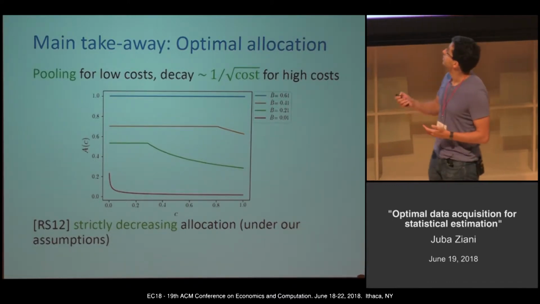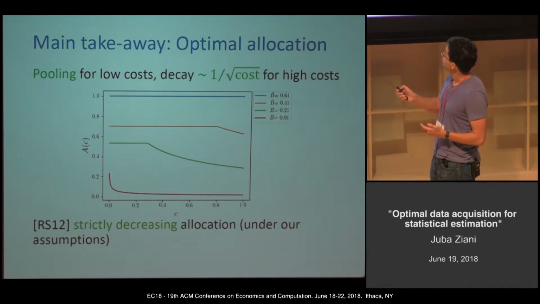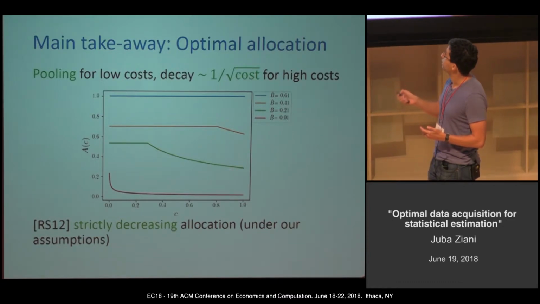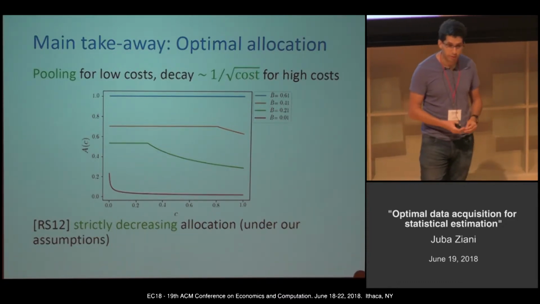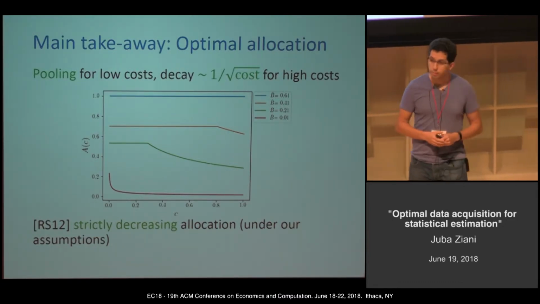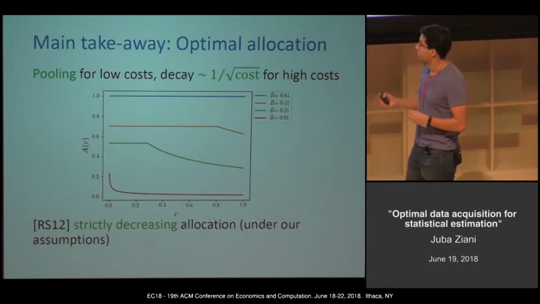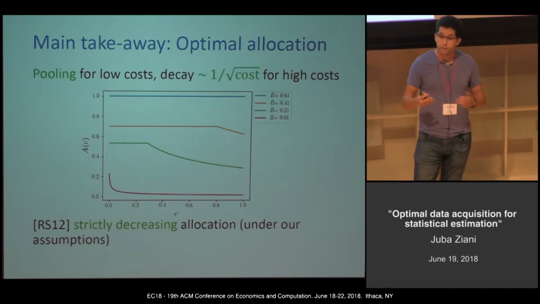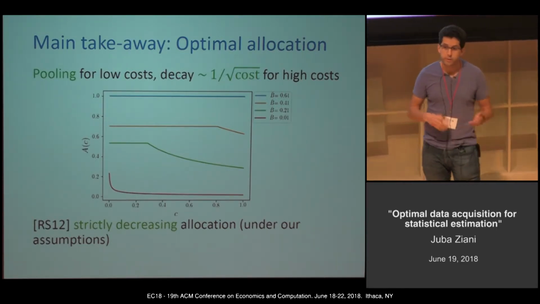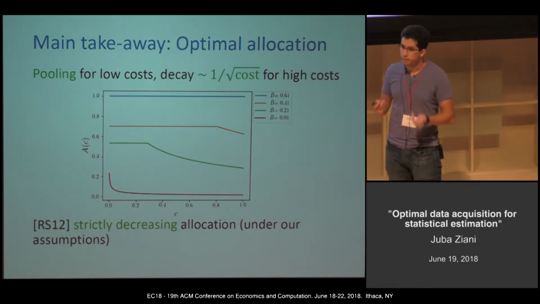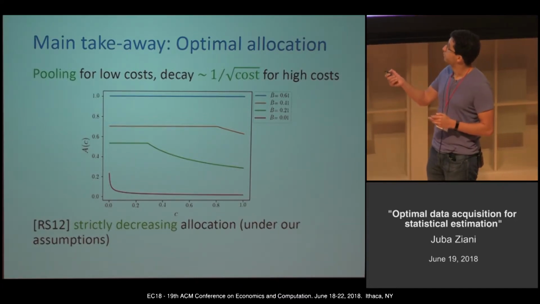And then past a given threshold, the allocation rule is going to be decreasing in 1 over square root of the cost, roughly, of the agents. So the reason this is new is because under the assumptions that we make, and I'll come back to this later, the solution of the paper of Aaron and Grant, their near optimal solution, is actually strictly decreasing and doesn't have this nice structure with a pooling